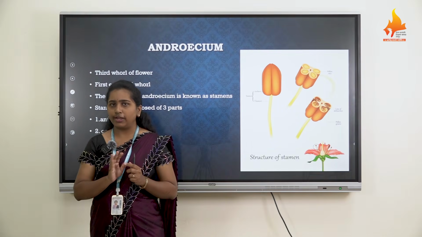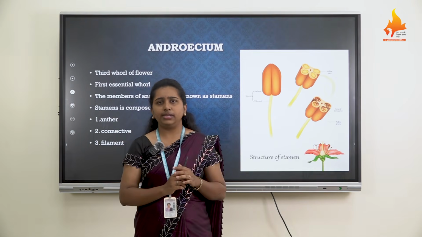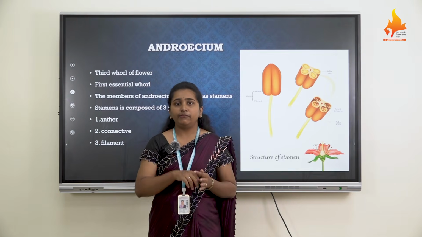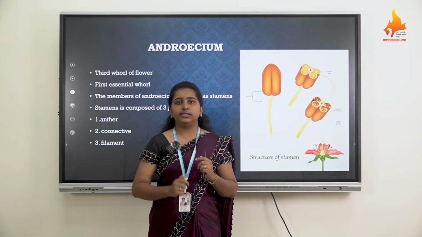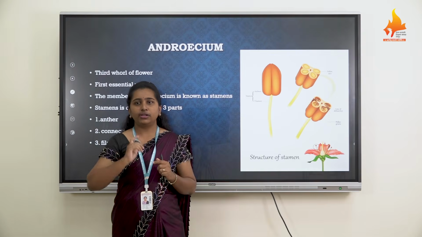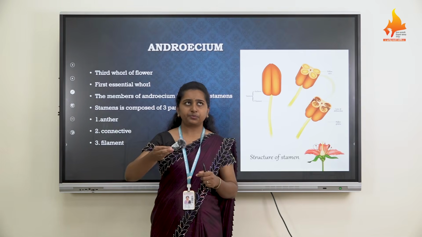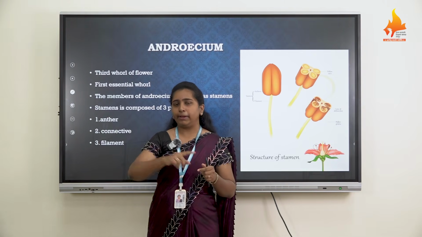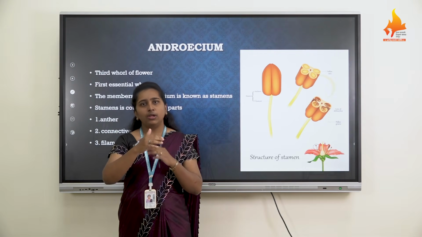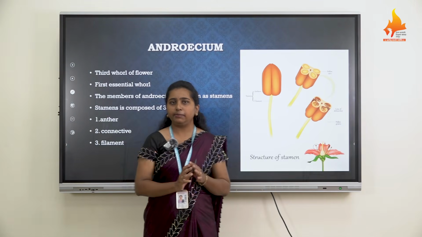Aestivation has five types. First one is valvate aestivation. In valvate aestivation, the sepals and the petals are just close to each other without any overlapping. Then this type of aestivation is called valvate aestivation. Second one is twisted aestivation. In twisted aestivation, for example, you can see the rose flower. In the rose flower, the petals or the sepals are overlapped and one margin of the petal or sepal is overlapping. Then that type of aestivation is called twisted aestivation. Third one is imbricate aestivation.